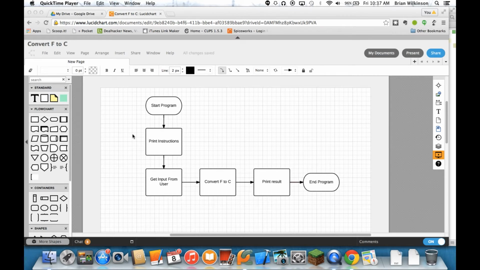So for our demonstration of functions, we're going to look at a simple program that converts Fahrenheit to Celsius. We're going to get a Fahrenheit temperature from our user, convert it, and then print the result back. And here's a basic flowchart I did to illustrate the steps in that. So once the program starts, we're going to print out the instructions so the user knows what the program's doing. We're going to get input, we're going to do a conversion, we're going to reprint that result, and then end